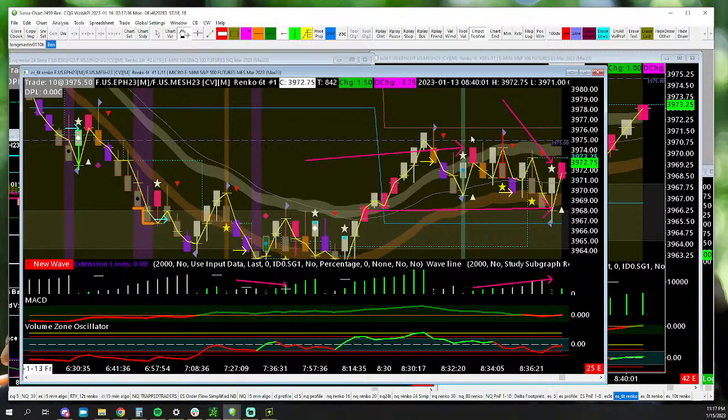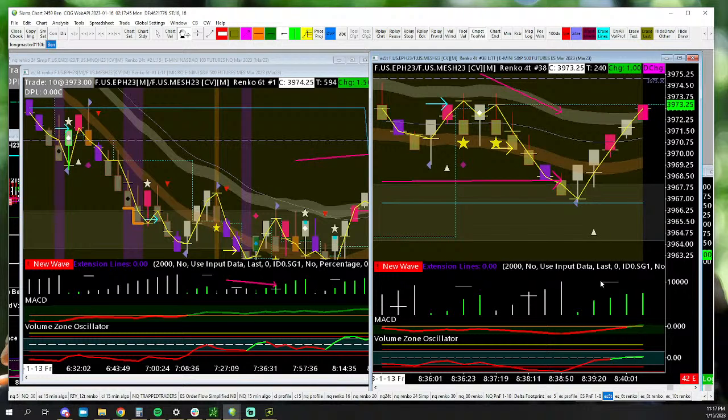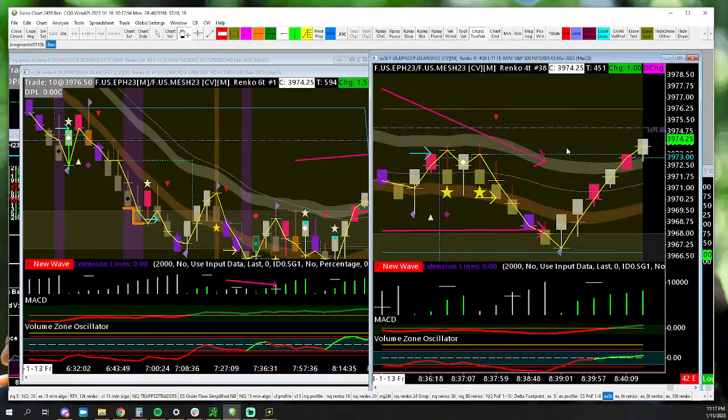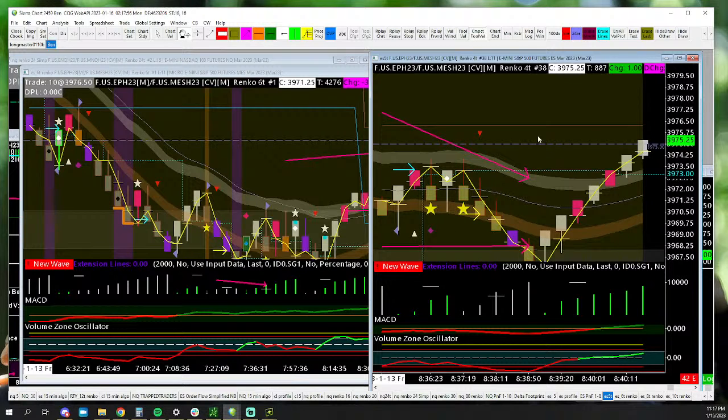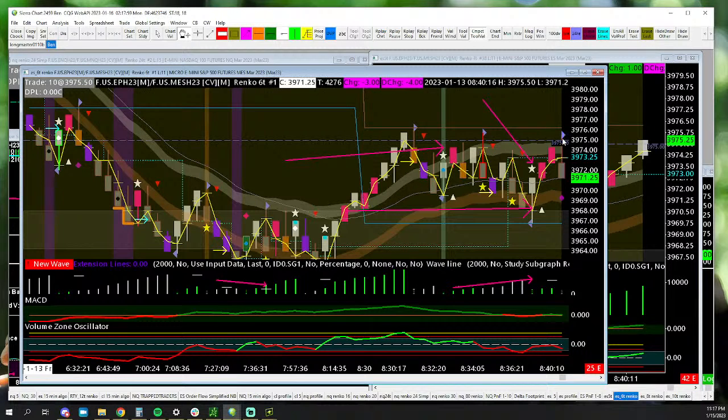There's one more step to this if you want to be specific, and that's that if you go to a smaller time frame and do the volume analysis, you can get some extra trades by using the smaller time frame to give you a little hint. So this is the 4 tick, and that was the 6 tick. So now if I can get a green bar that crosses this level, I could say that buyers are in control. I don't know if it happens. It does right there. So now here, we're too high to enter on this bar that we wanted. So we have to wait for the next signal. But we know now on the smaller time frame, buyers are in control.